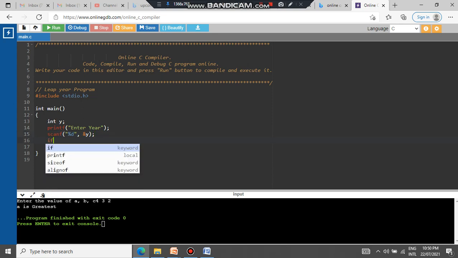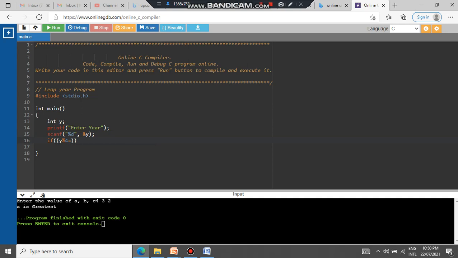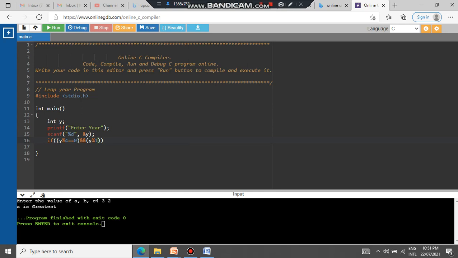If there are three conditions, what if year mod 4 is equal to 0 and, double ampersand, year mod 100, that is to be written inside the bracket again, year mod 100 is not equal to 0, then it is a leap year, or. So I'll write it outside, or is written by double parallel lines, so I have to use another parenthesis.